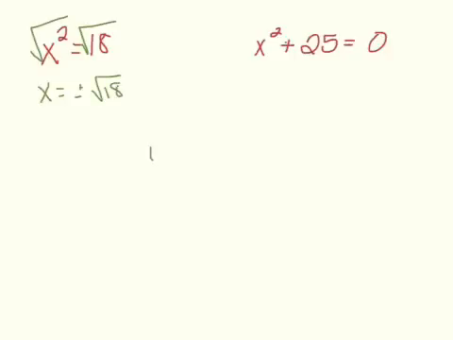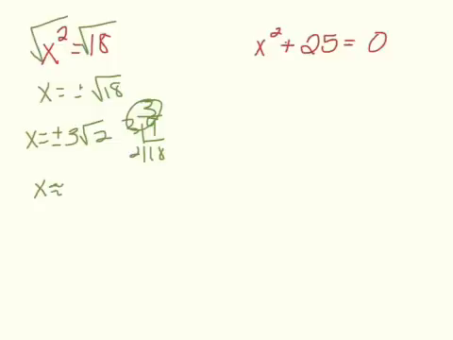I can break 18 down. 2 goes into it 9 times. 3 goes into it 3. So I can say x equals plus or minus 3 rad 2 because these are my pairs. Or I can get an estimation and say x is approximately